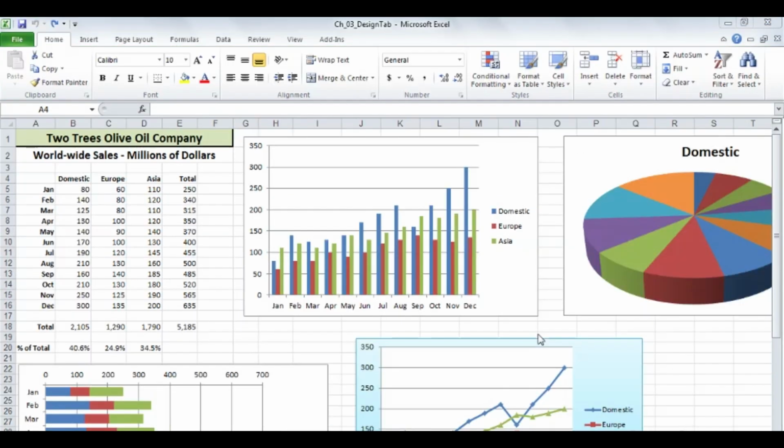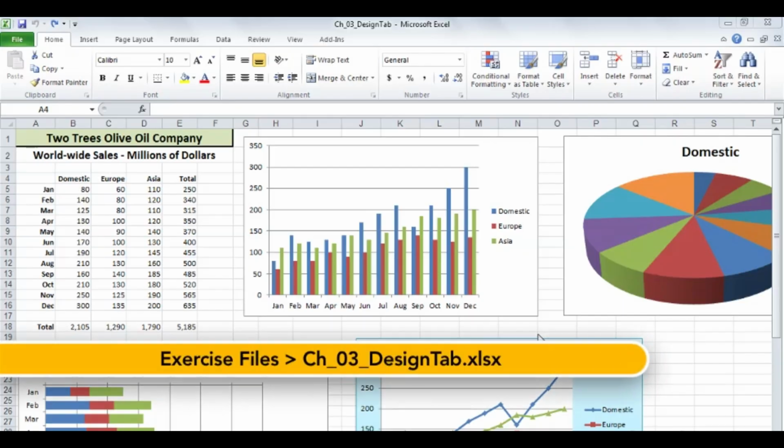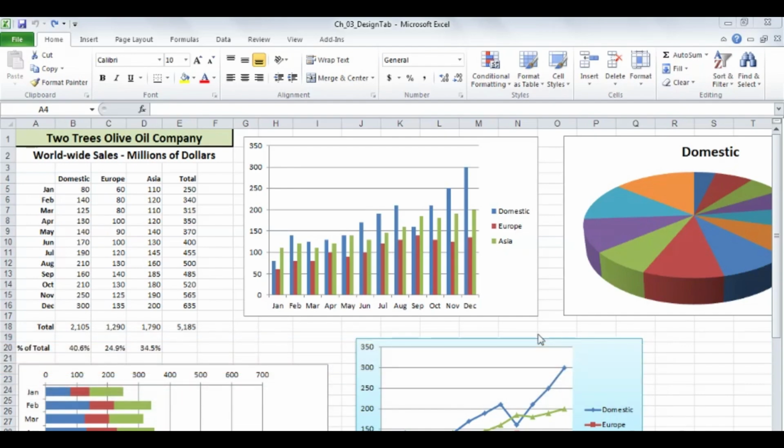If the default clustered column chart is not the kind of chart you're likely to need most often, you can change the default chart to another type. And furthermore, if you have a certain chart type that has design features on it, like a blue background, white foreground, whatever, you can save different chart types as templates. And then the next time you create a chart, you can use one of those templates instead of one of the standard built-in chart